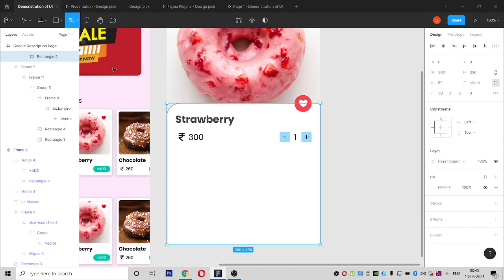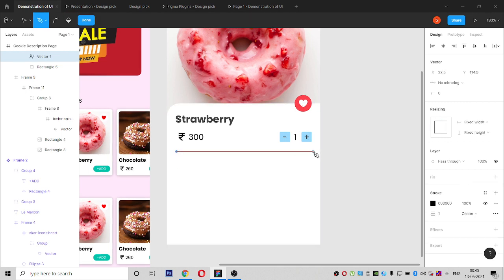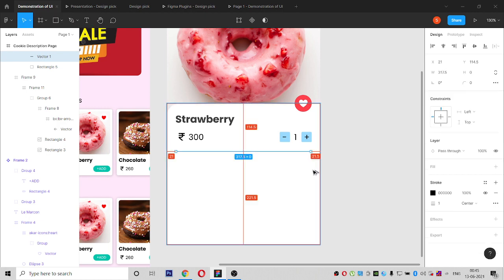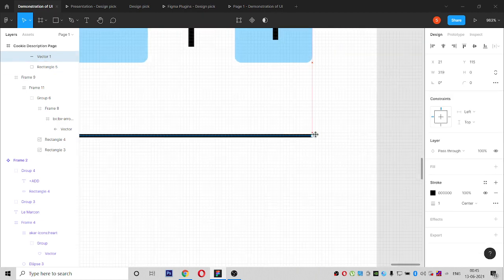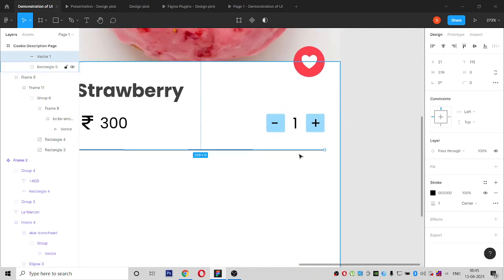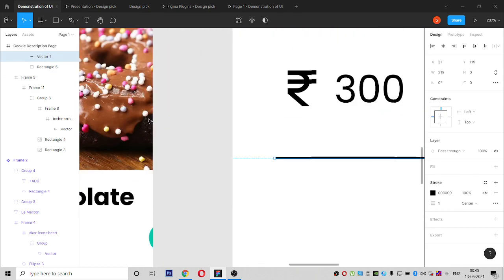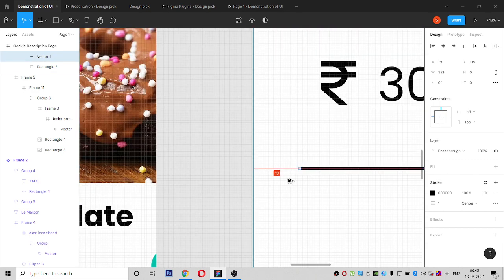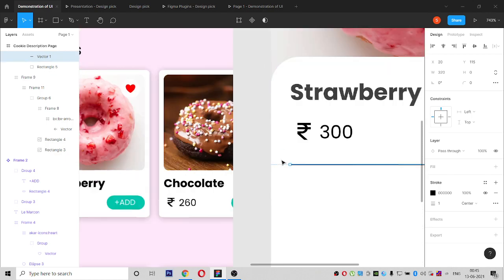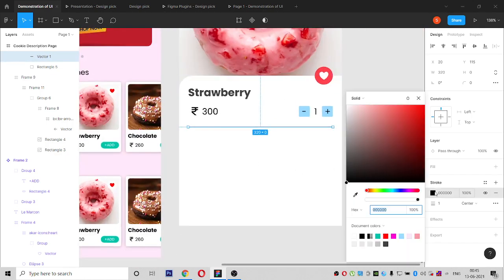After this, what we have to do is I'm going to take a pen tool and give a divider and place it this also 20. So both sides it should be equal to 20. And this need not be very black. We can make it light gray.